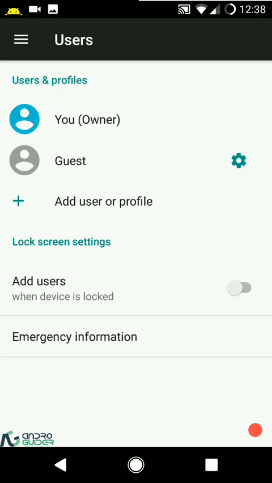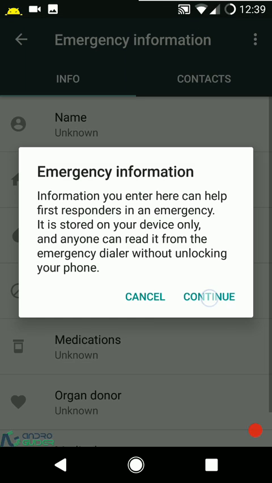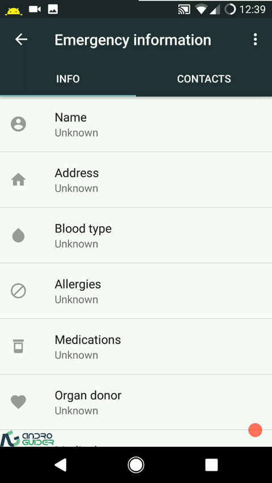Then users. Okay, now I make this point to mention this in every Nougat ROM review that I do. Just make sure that you enter this emergency information. So if you ever run into any mishap or any accident, then even though if you have a secured lock screen,